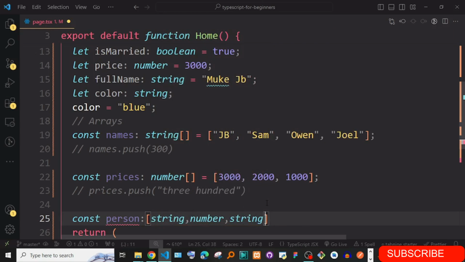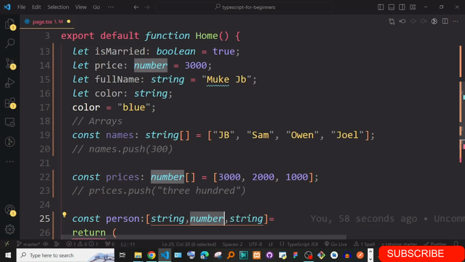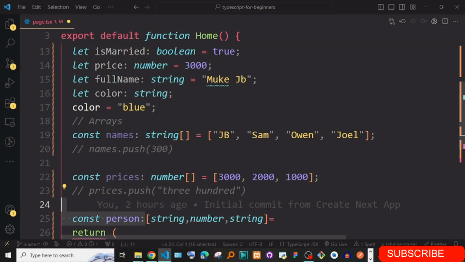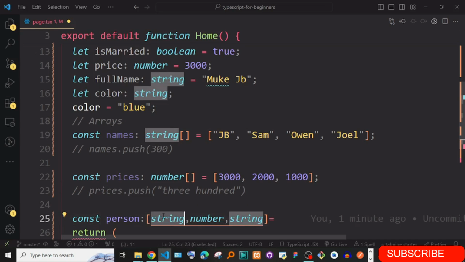If you do something like this, you are defining an array of 3 items, so that's a fixed length. That means the array should only have 3 items, and the first item will always be a string, the second a number, and the third a string.